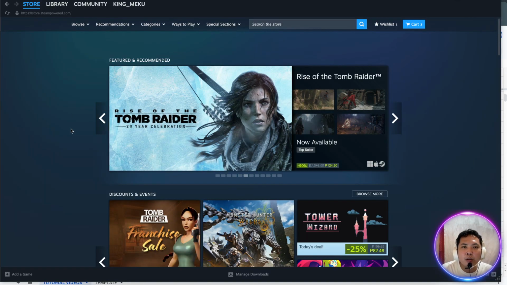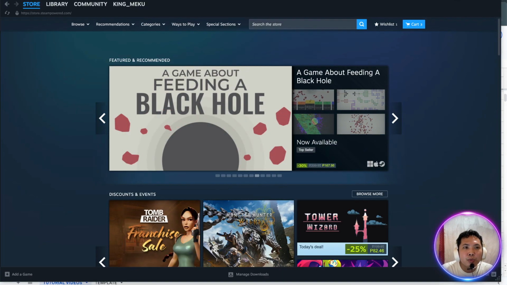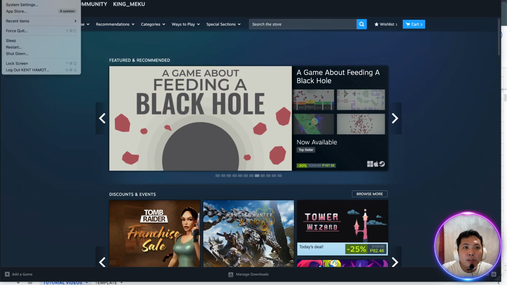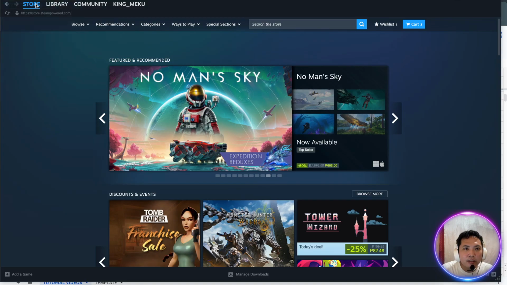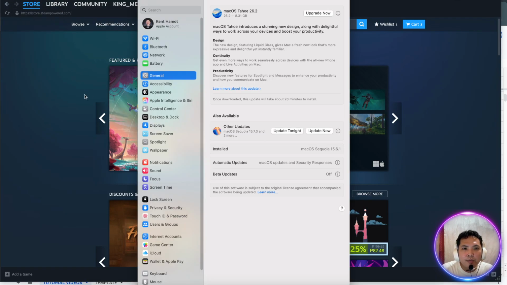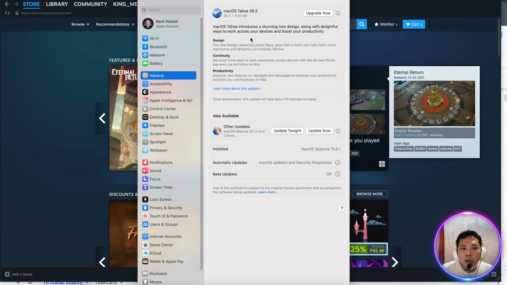And after seeing those things, you need to go to the top left corner and you'll see the Apple icon. So after seeing that icon guys, you need to click that one. Okay, and you need to look for the system settings. Click that one guys, and after that it will take you to general settings, and it will show you